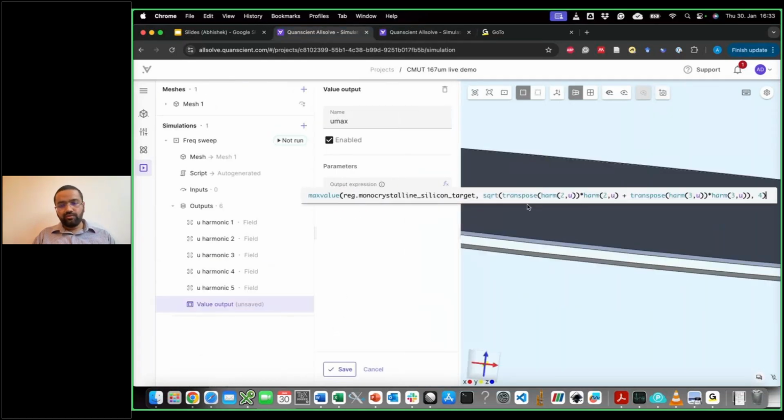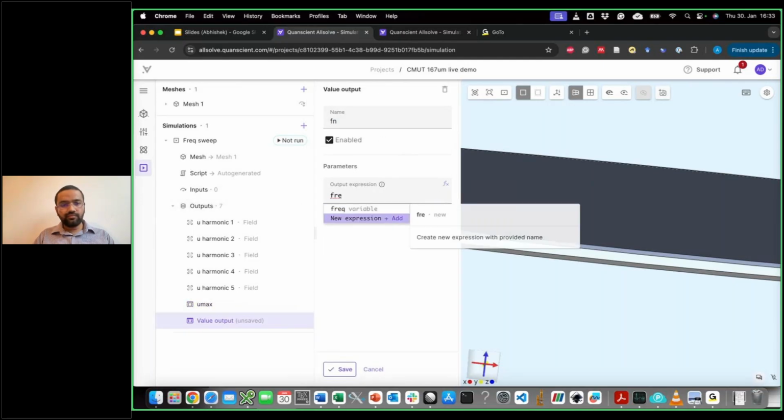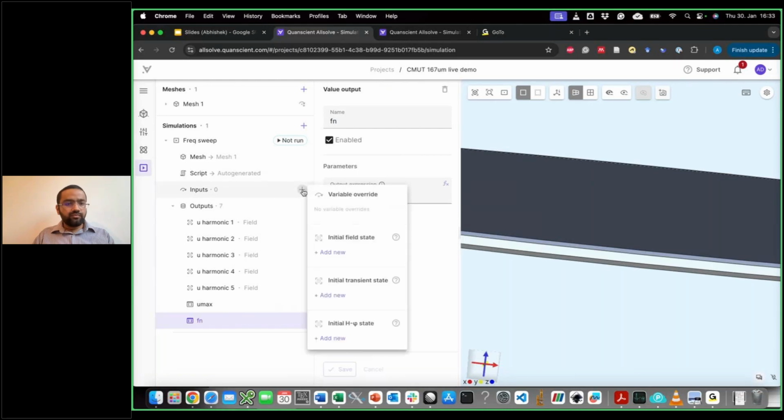So I just chose harmonic 2 and harmonic 3 and am trying to get the magnitude of that, and then the max value over the spatial domain. And then to normalize the frequency, the normalized frequency is divided by f0, and I think that's all we need. And for sweeping,